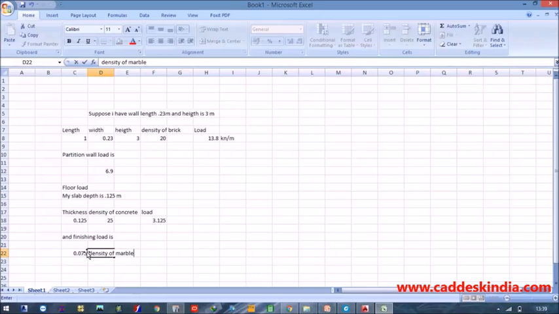And this is my thickness. So this is 0.075 into density, which is 20. So the load is this, so total load is